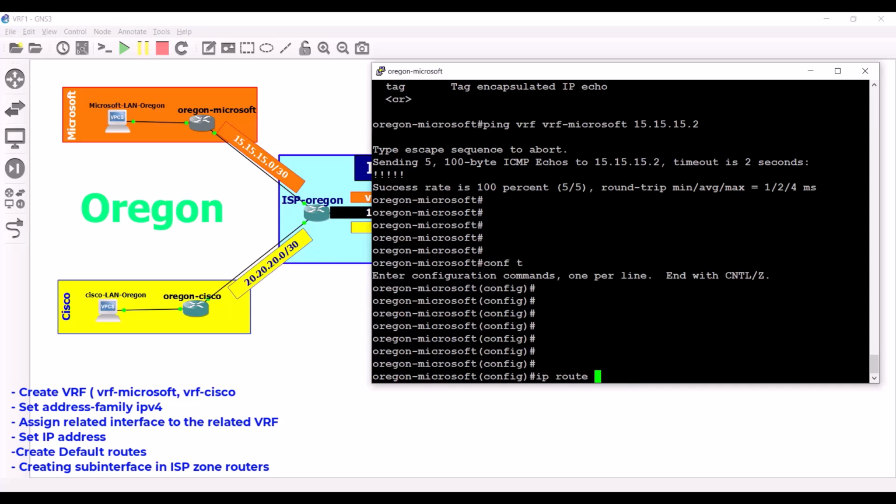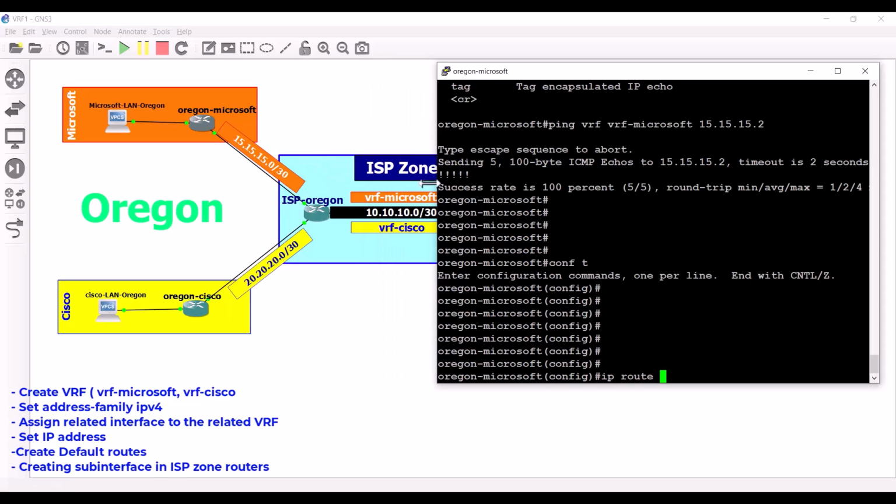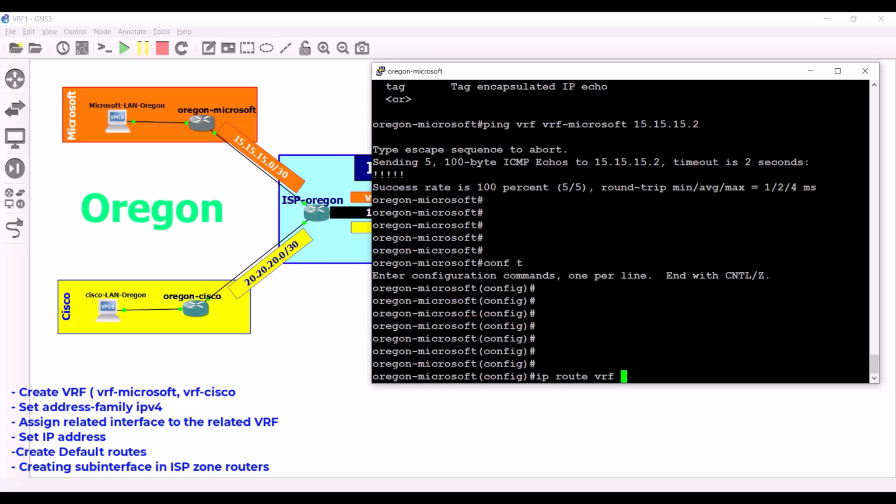But in this case, we have to inform the router that this default route belongs to your VRF, not the global routing table. So we have to inform the router that this default route belongs to VRF-Microsoft, the orange connection, right? The name of the VRF is VRF-Microsoft, with the keyword vrf and the name of the VRF,